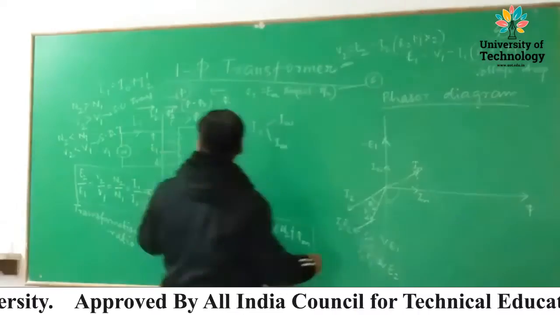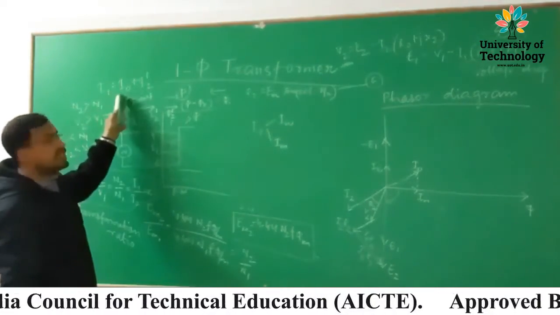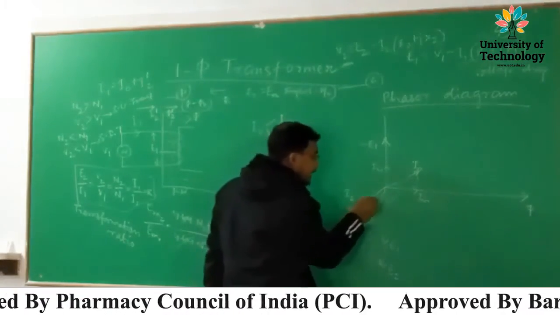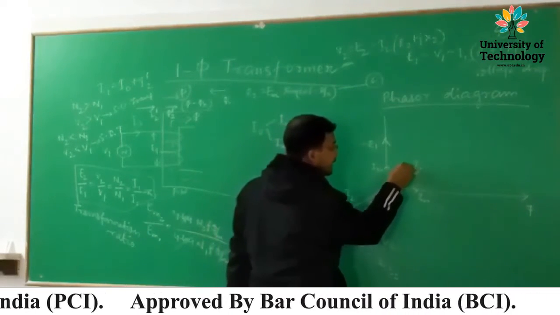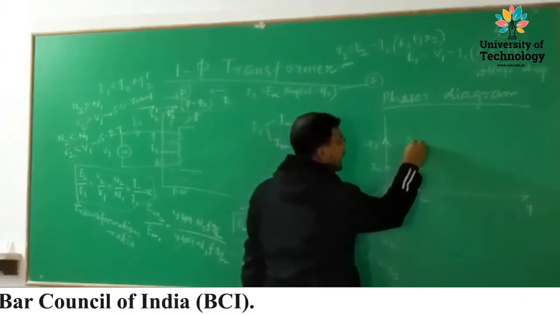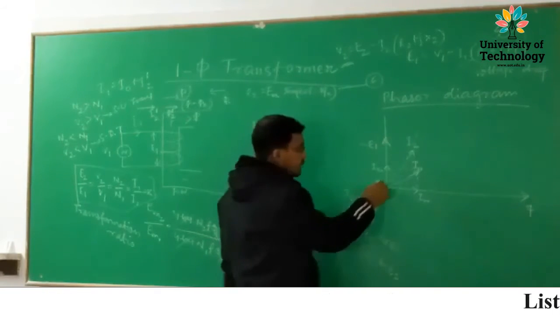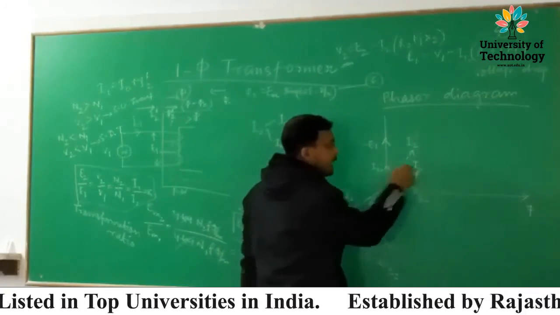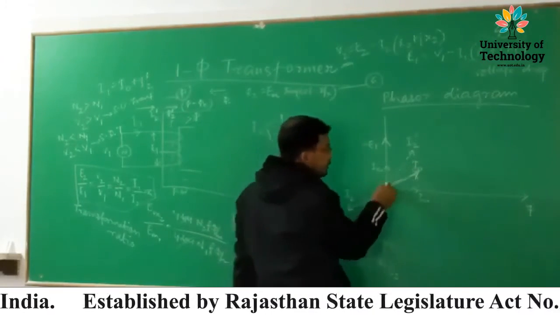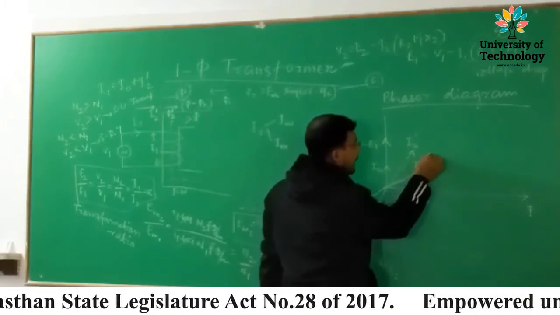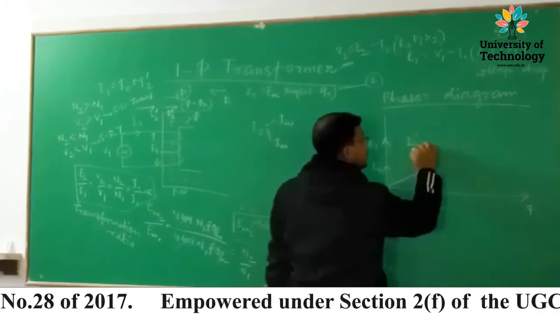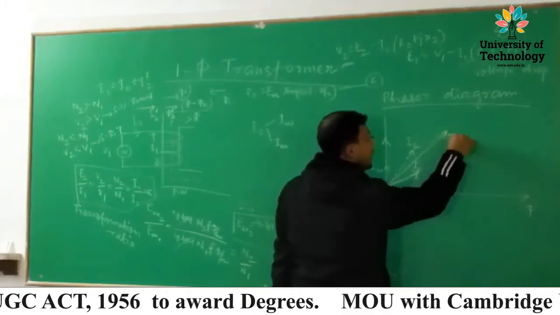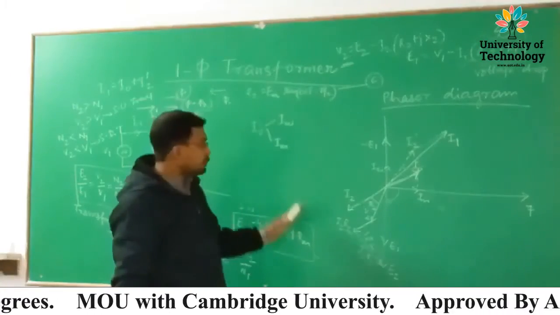E2. Now, we have already considered that I1 is the vector sum of I0 and I2 dash. So I2 dash we can draw with 180 degree phase shift to I2, on this side, with the same magnitude and opposite in direction, as I2 dash. The resultant of these two currents we draw by using the parallelogram law of vector addition. So I2 dash is drawn parallel to this one and I0 this one, and the resultant of these two will give the total input side current, I1.